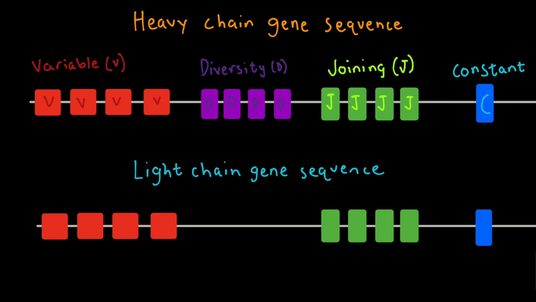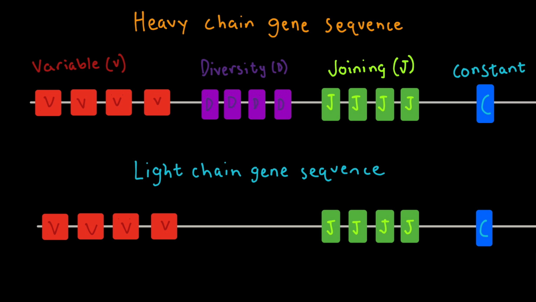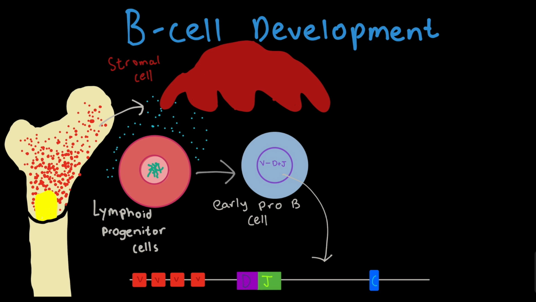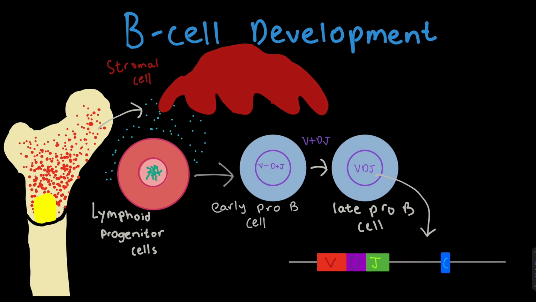We have a variable, diversity, and joining genes of the heavy chain of the antibody, followed by the variable and joining genes for the light chain segment of the antibody. Remember, the heavy chain of the antibody will contain the genes V, D, and J, while the light chain will contain the V and J gene. Both chains will have a constant gene. In the early pro-B cell stage, D and J join together, and in the late pro-B cell stage, V joins